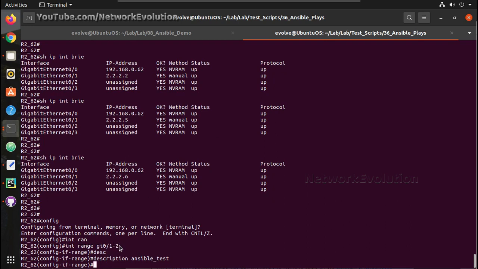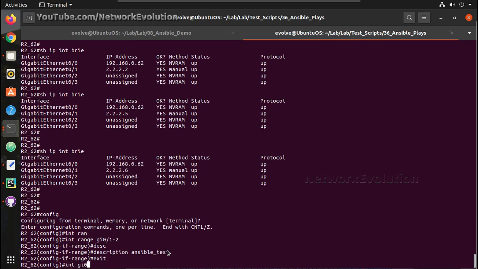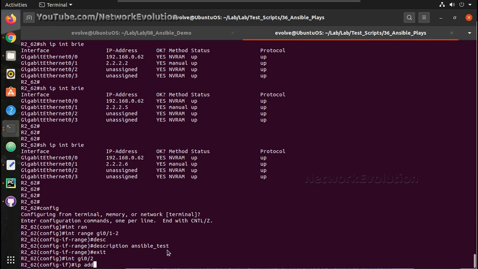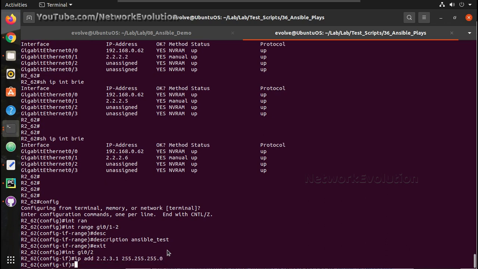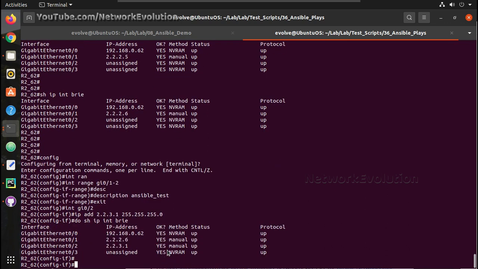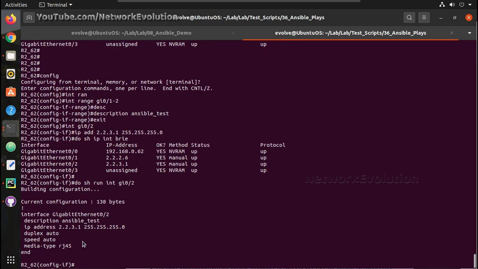So to verify that, I'm adding a description, and now we have an IP for both interfaces. We have a description as well for both interfaces.